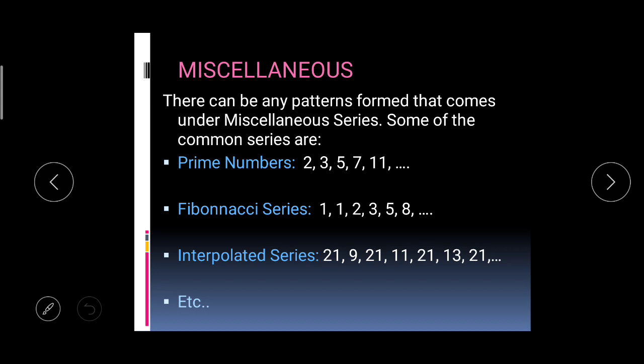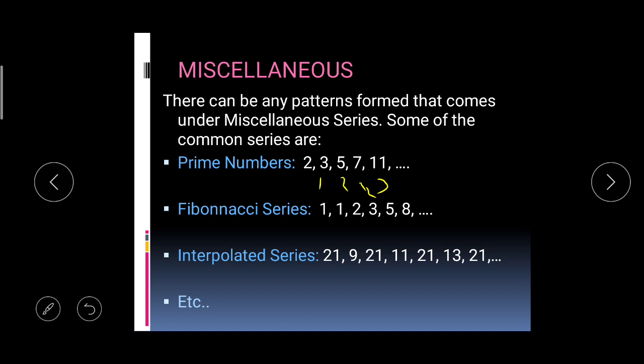Miscellaneous series, again there is no such rule to find any pattern, right? You have to be a good observer, you have to be good at calculation, and that is how you crack a series. Let's see the first type. If you don't know much about this series, you will see this is a difference of 1, this is a difference of 2, again a difference of 2, then a difference of 3. We are not finding any pattern in the differences.